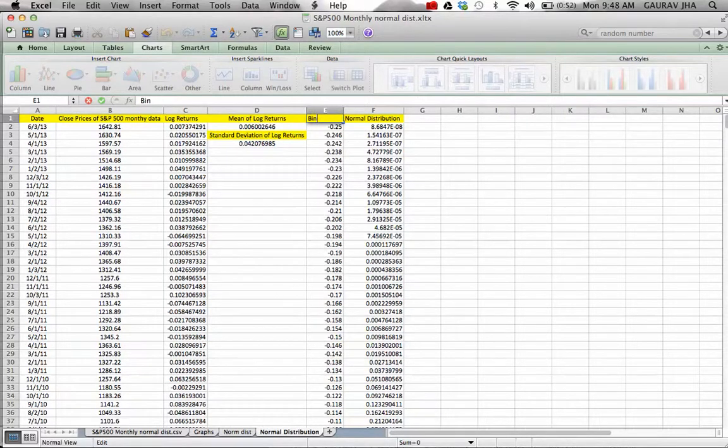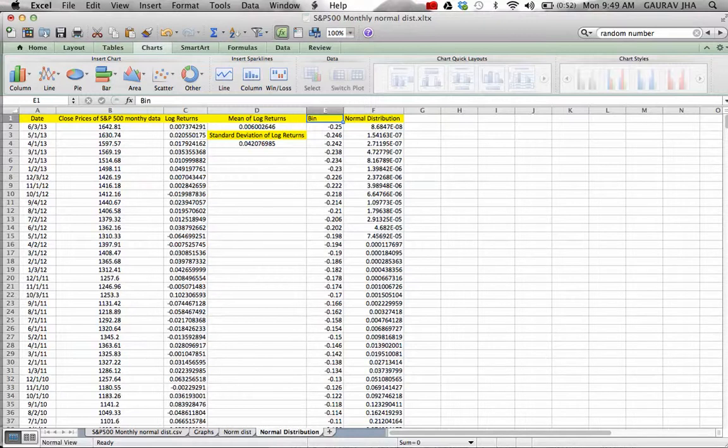My strategy was to look into the column of log returns, since we are trying to plot the normal distribution for logarithmic returns here. I sort this entire data and look at the smallest and the largest value here, and then accordingly I make my bin such that the range of the data lies between the smallest value in the bin and the largest value in the bin.